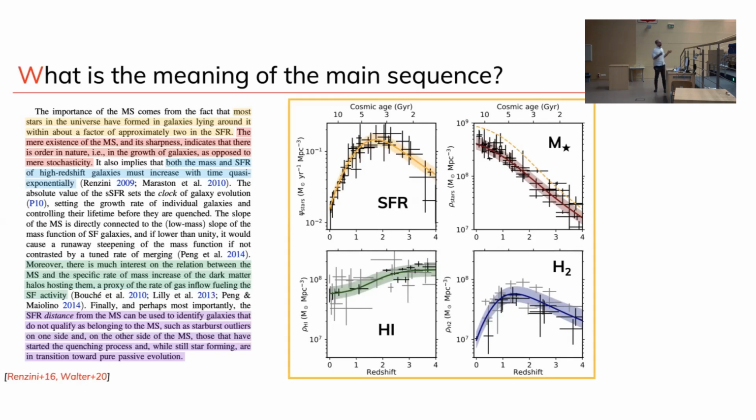Just to give you a more cosmological perspective, here you have, as a function of redshift or time, the evolution of the cosmic star formation density, which increases from high redshift and peaks around redshift 1 to 3, and then decreases. If you integrate the star formation rate, that's the history of formation of stars in galaxies, so you can actually compute how many stars. And this is then the density of the stellar mass.